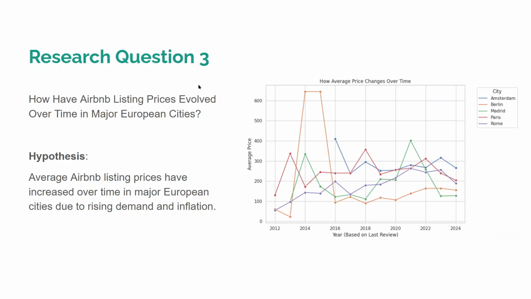And our research question 3 is how have Airbnb listing prices evolved over time in major European cities? My hypothesis was that average Airbnb listing prices have increased over time in major European cities due to rising demand and inflation. However, in my analysis, as time passed, the average price